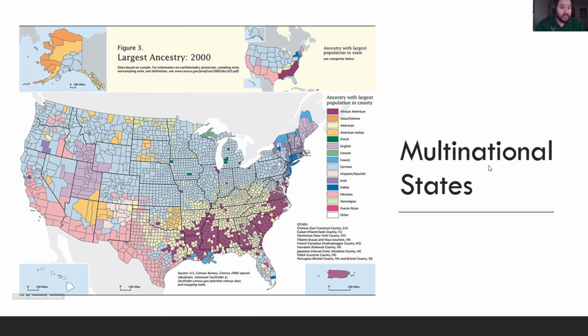Other examples would be Russia, the largest multinational state, Brazil, Mexico, Canada. Majority of states really we're looking at are going to have some degree of multinationality. And typically we're looking at larger areas, but it's not always the case. The larger areas just have more opportunity to be inclusive of other cultures because you just have more land area to support larger populations. Larger populations means you get more variety of people, right? It's not always the case, but we usually see it that way.